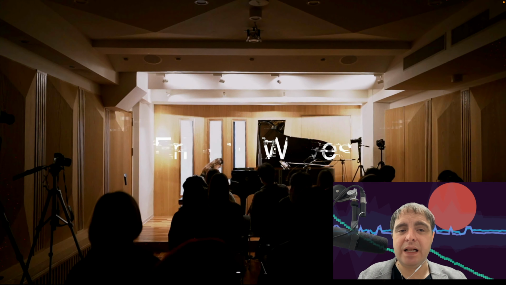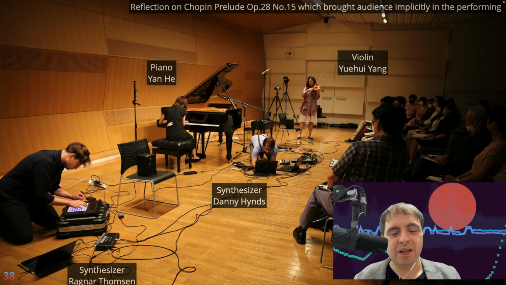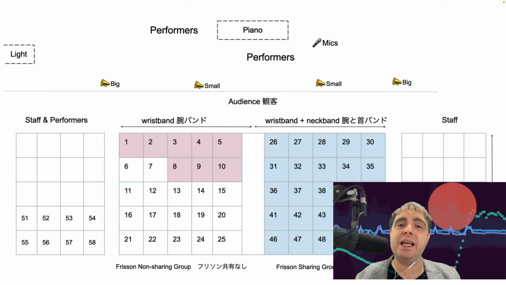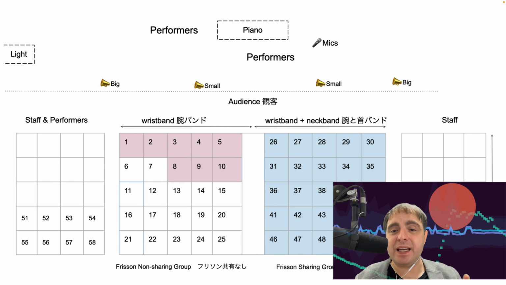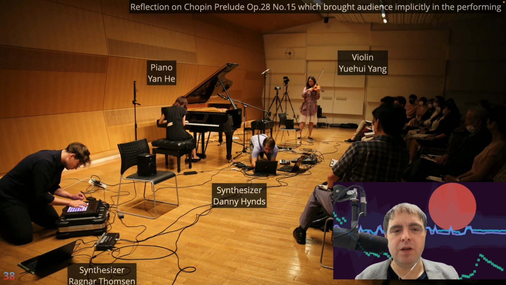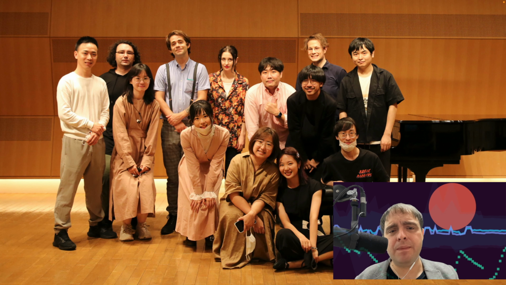So in terms of results, we cannot really say much about, can we really trigger frisson? But what we can say is that the group that had the neckbands had more frisson events than the other group. So again, it's a correlation. We have to do more tests, and I hope also maybe some of you will continue similar work to see then if we can really build these type of feedback loops and augment the present. So that brings me to the end of the lecture.